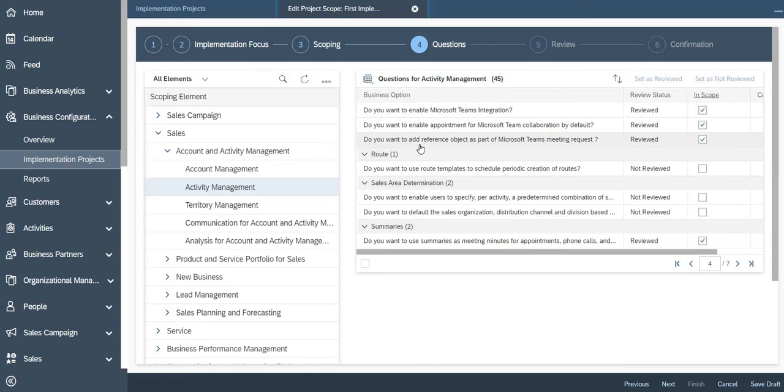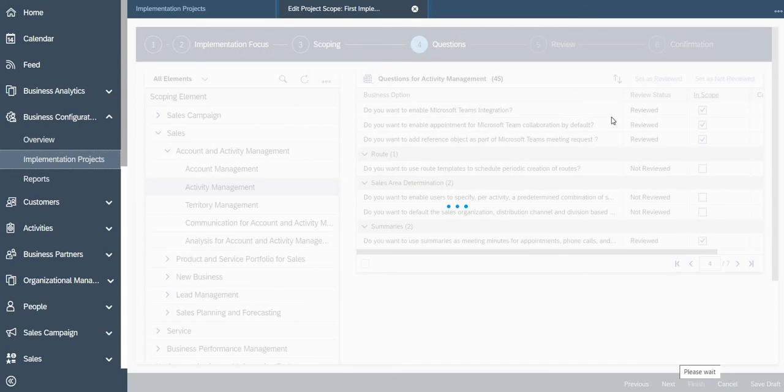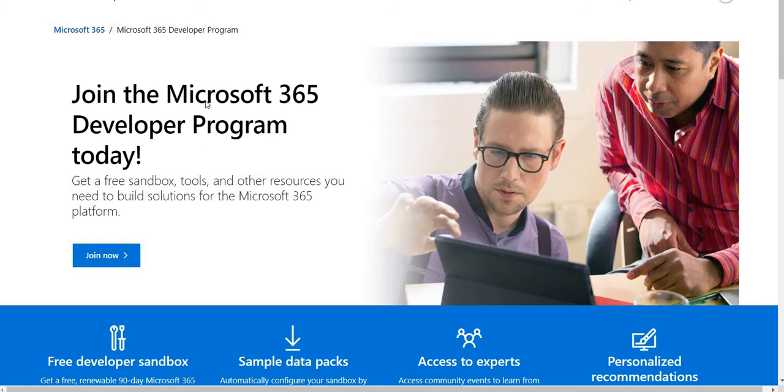Then the third option is, do you want to add reference object as a part of Microsoft Teams request? So again, you can activate it for testing purposes. Once you have done the activation of all these scoping element questions, you can click on next and finish the settings. So once the elements and the scoping questions are activated, we have to navigate to the developer Microsoft.com